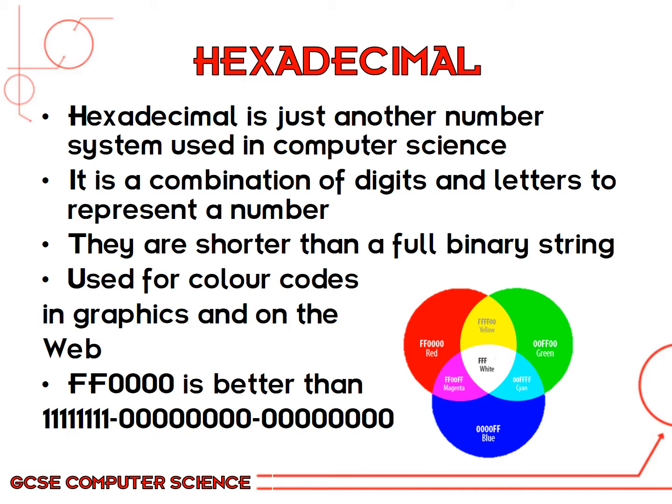It's basically a combination of digits and letters to represent a number. They're much shorter than using a full binary string. An example where you might have seen them used is for color codes in graphics and on the web. For example, in this image at the bottom, you can see that FF0000 in hexadecimal color code is the same as